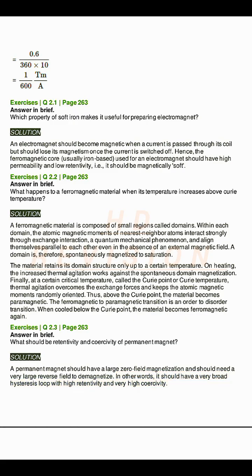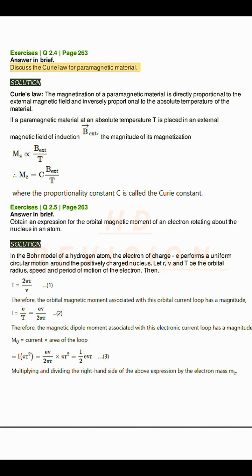Exercises Q2.4, page 263. Answer in brief. Discuss the Curie law for paramagnetic material. Solution: Curie's law. The magnetization of a paramagnetic material is directly proportional to the external magnetic field and inversely proportional to the absolute temperature of the material. If a paramagnetic material at an absolute temperature T is placed in an external magnetic field of induction B, the magnitude of its magnetization is